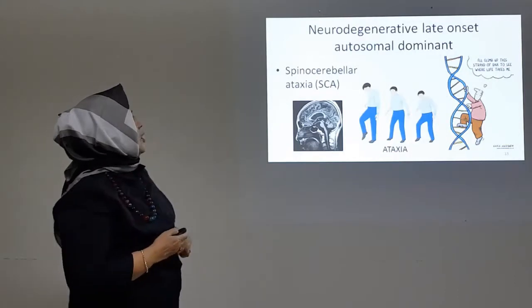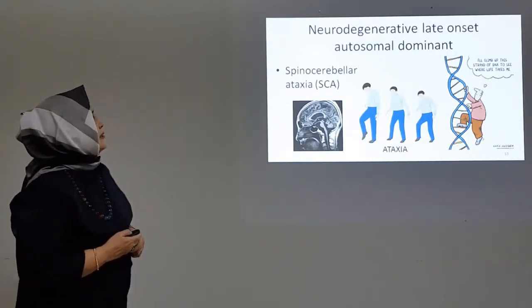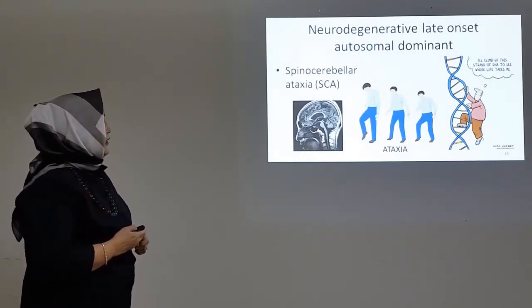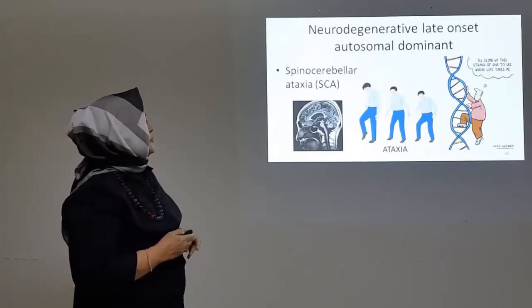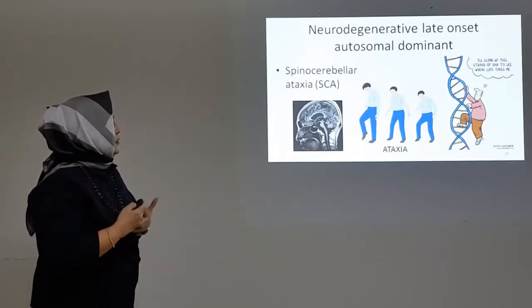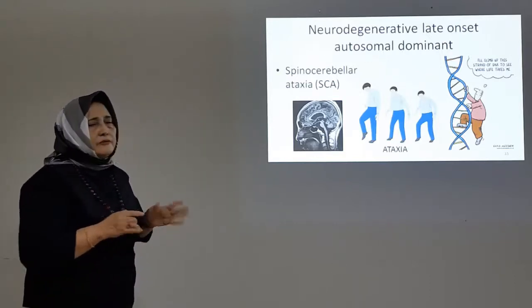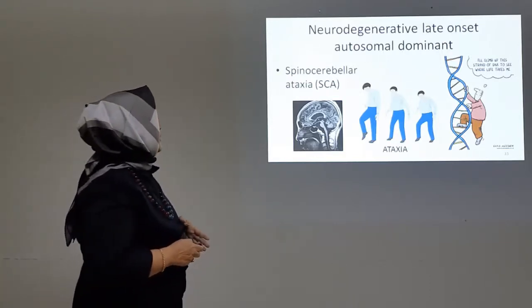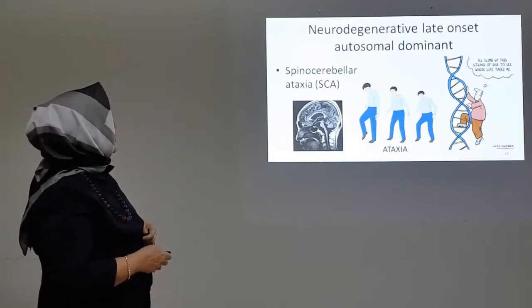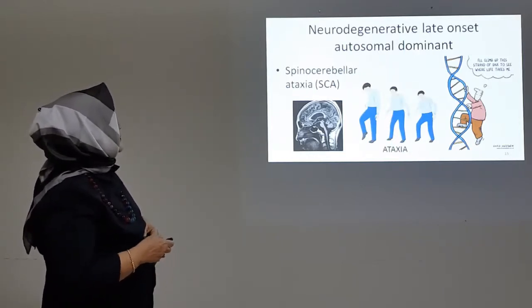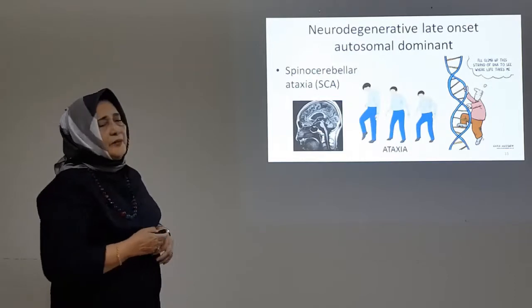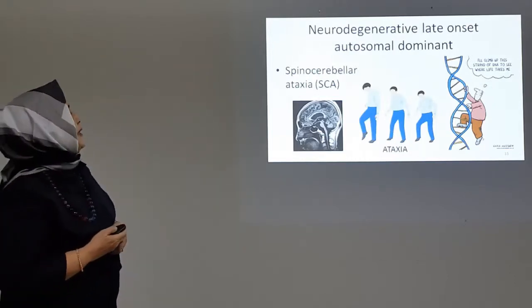This is one common example, the neurodegenerative late onset autosomal dominant. Usually the patient will come to the doctor around 40 years old because of abnormal gait, ataxia, and so on. The inheritance can be from the father, can be from the mother. Next